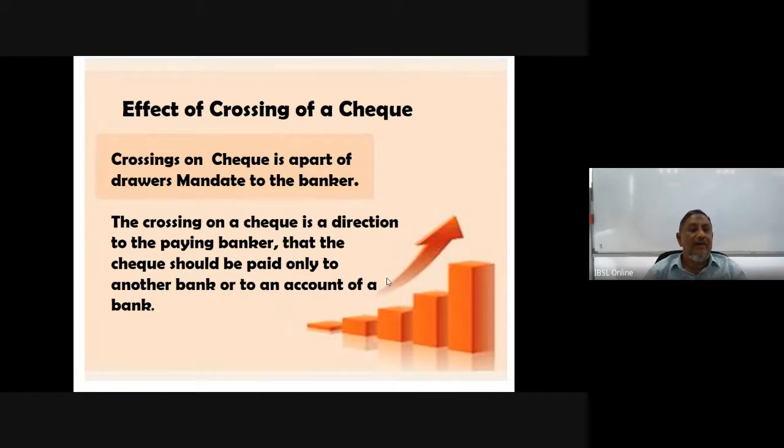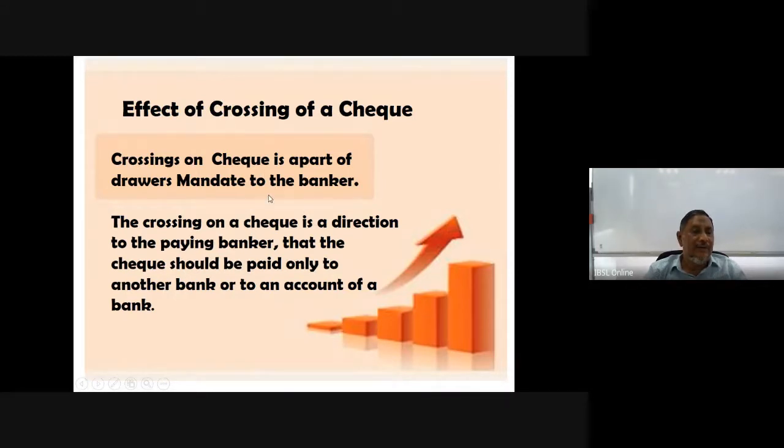Okay, so that's one of the examples. Crossing is a legal part of a mandate, and this is a contract. When it's a contract, part of the condition of the contract is that it is payable on demand. So it is the order given to the collecting banker, says collect to certain people only, and giving the